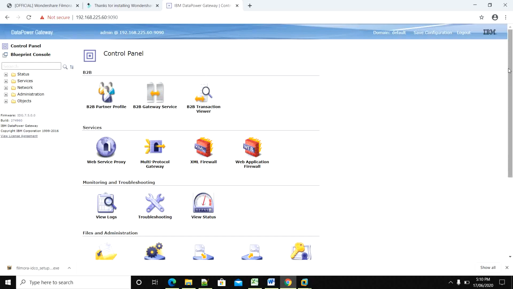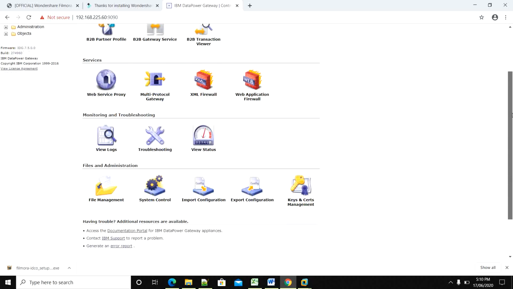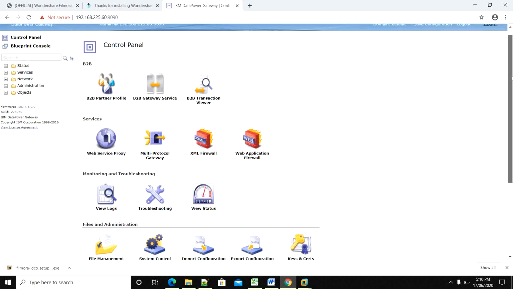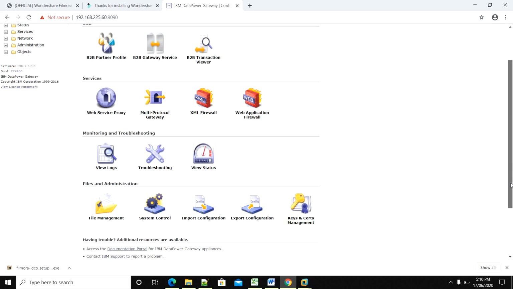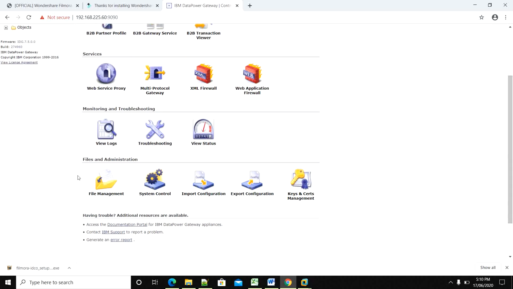Here we can see a few objects. These are not all the objects, but these are the main objects of DataPower. Like B2B services, and in services we can see web service proxies, multi-protocol gateway, XML firewall, web application firewall. There are monitoring objects, where we can see the logs and do troubleshooting, and also files and administration.